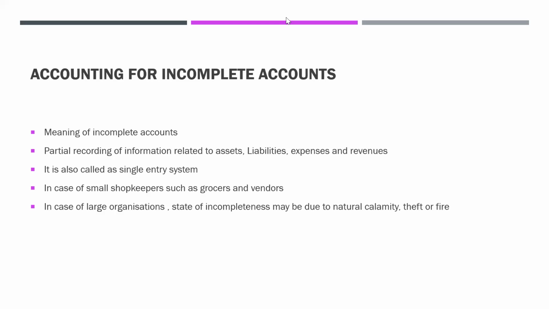It may be due to any natural calamity, an earthquake, where the accounts have been lost, complete accounts have been lost, so they are left with incomplete accounts. Or it may be due to a fire, or theft. It may be a natural or a man-made calamity through which there may be incompleteness in the accounts of the business,